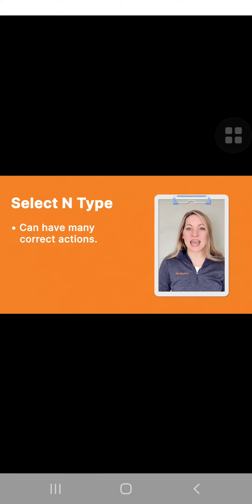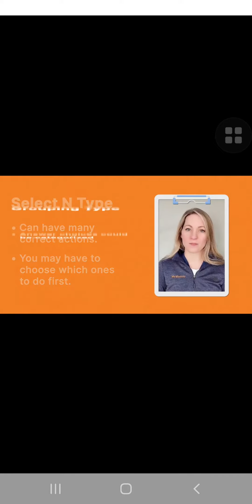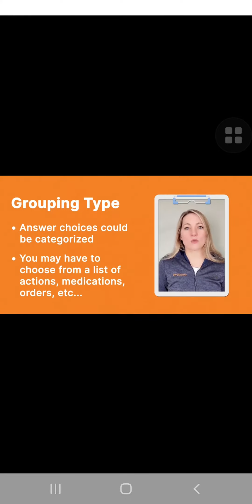For the Select N type, you could be looking at 10 correct actions, and you might have to choose which 3 to do first. For this type, the true-false method for answering a static question will not work. In the grouping type, the answer choices can be categorized. This question might say, which orders does the nurse anticipate? And the groups might be a list of possible activity orders, a list of medication orders, and a list of